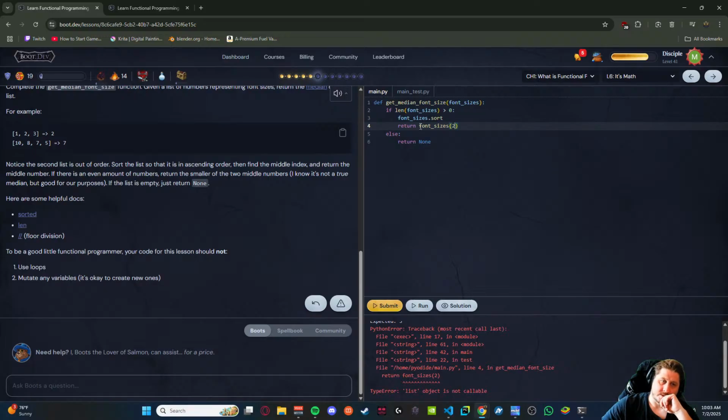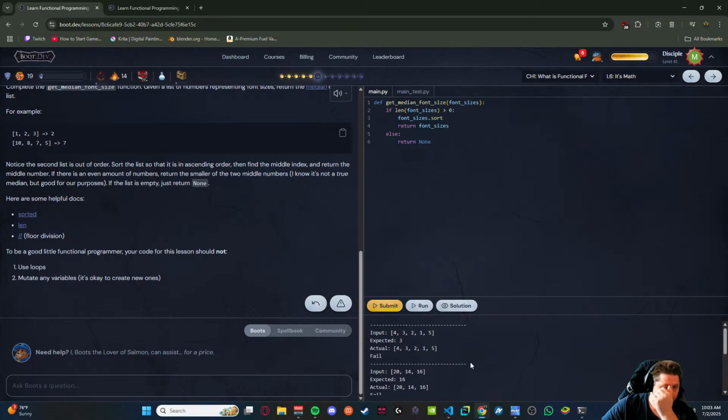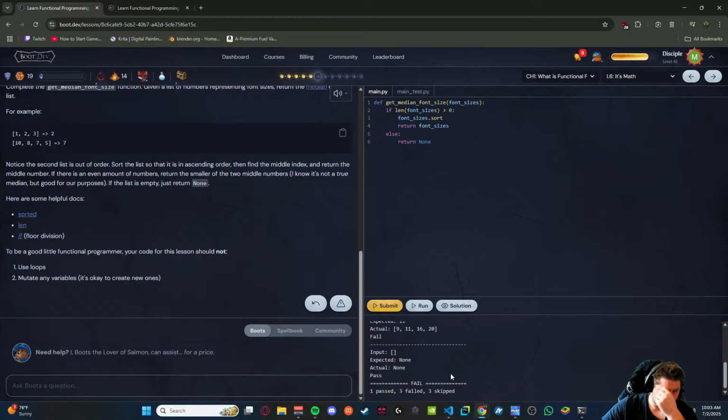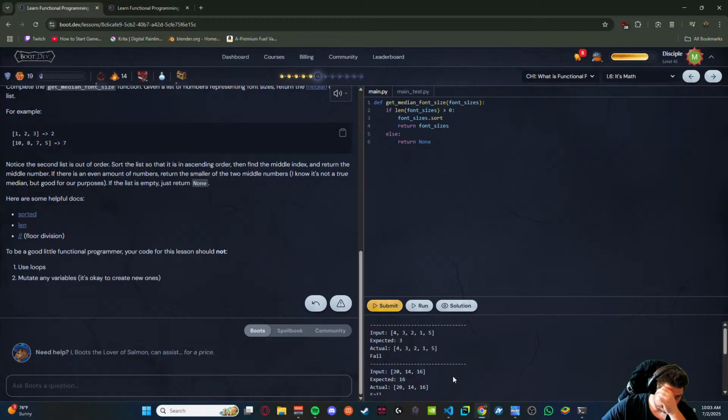Font sizes. No, it doesn't do anything. If I do this, it returns the whole. No, it just fails. Pass. Can I print it? See what happens here.